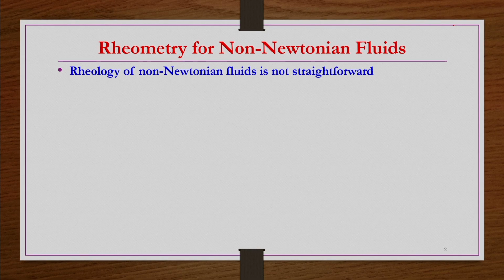Rheology of non-Newtonian fluids is obviously not straightforward, because you do not know the nature of the non-Newtonian behavior that the material has. Is it shear thinning, shear thickening, or is there any plastic behavior like in viscoplastic materials, or any elastic behavior like in viscoelastic materials, etc.? So, those many complications are there in non-Newtonian fluids. Then obviously, the rheology of these fluids is not going to be straightforward. You need to have a proper device to measure the rheometry or the rheology of these non-Newtonian fluids.